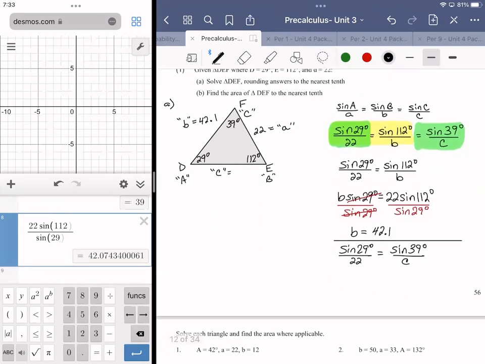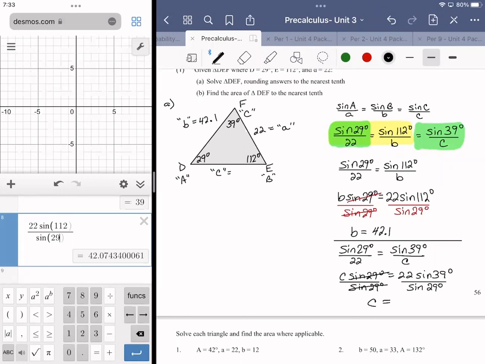All right, cross multiply: C times the sine of 29 is equal to 22 sine 39. Then divide both sides by the sine of 29. And that's going to give me side C,